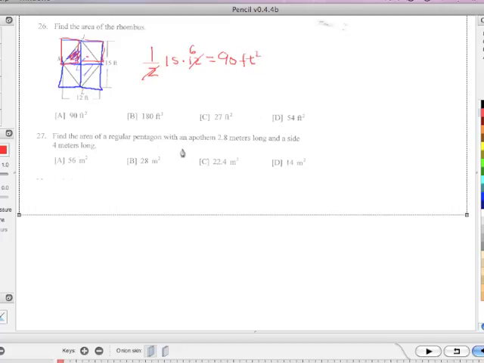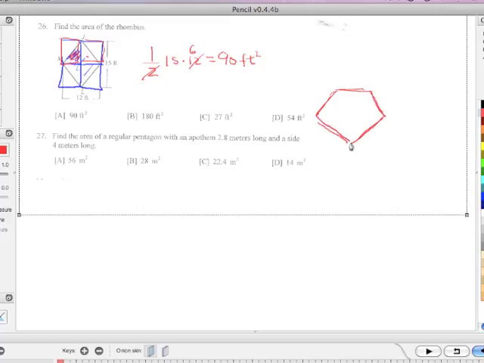Find the area of a regular pentagon with an apothem of 2.8 meters and a side 4 meters long. Okay, this is going to take a little bit of drawing, but not too bad. I think you have to remember what an apothem is. I don't know, that looks like a pentagon. Looks more like a